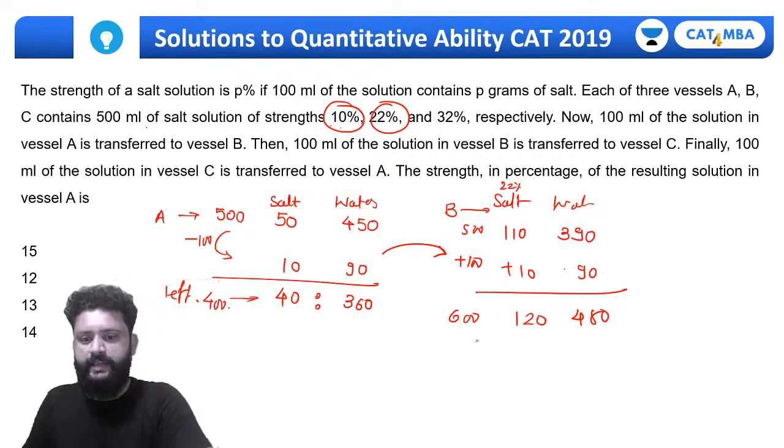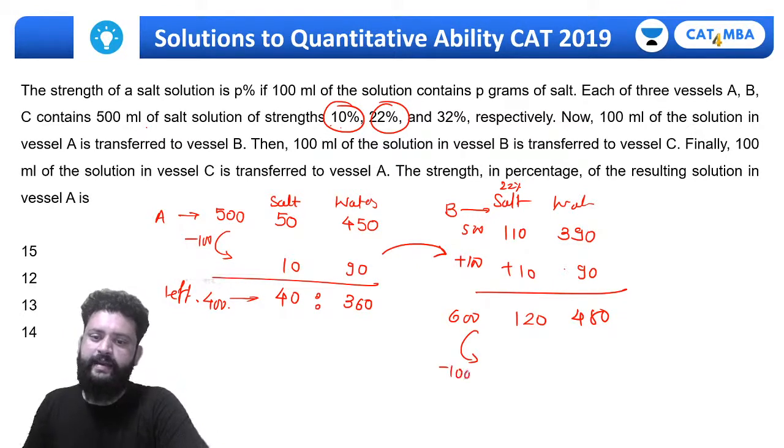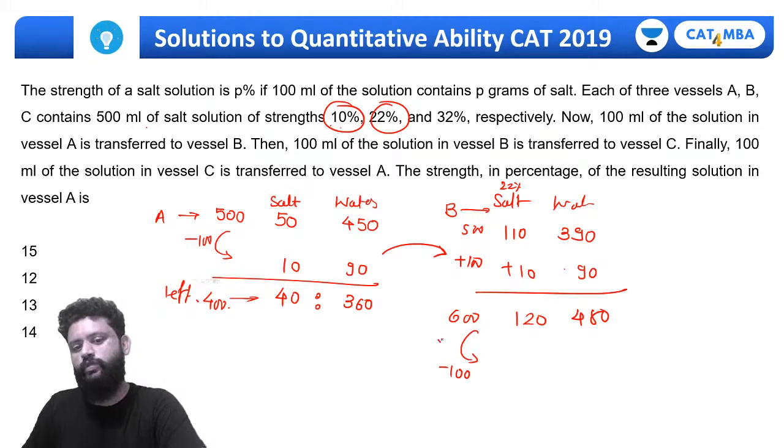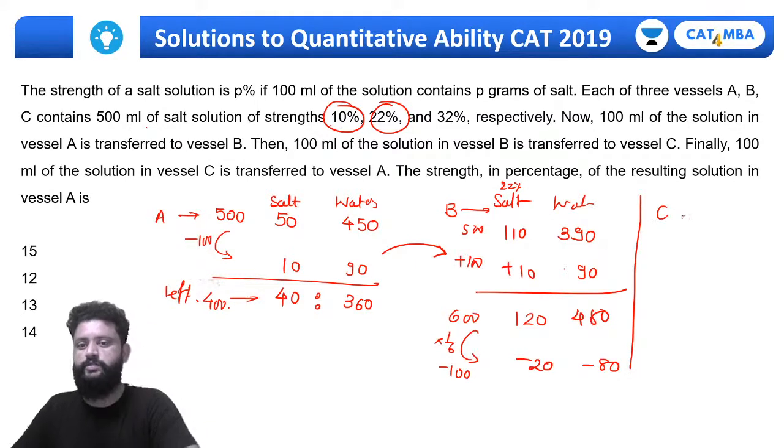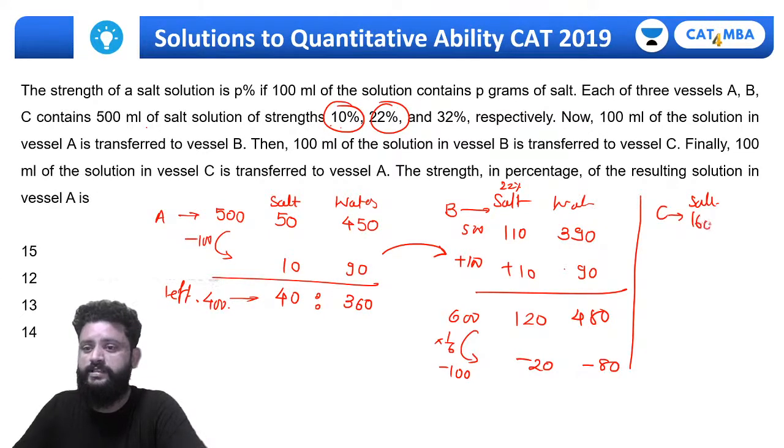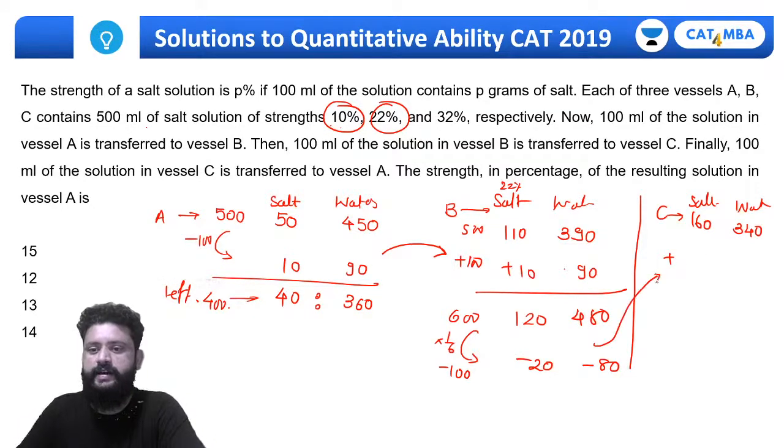राइट, सिंपल इजी थिंग. अब यहां से जब तुम 100 ml माइनस करोगे ना, तो this is 1/6. 1/6 कर दो सीधे इसका. -20, -80 और ये किस में शिफ्ट होगा? सी में. ओके, सो लास्ट वन स्टेप वी आर सपोज टू डू हियर. देन सी में चेक करते हैं. सॉल्ट इज 32%. 32 इंटू 5 that comes out to be 160 और वाटर हो जाएगा 340. Then if we add this 100 ml is added over here,